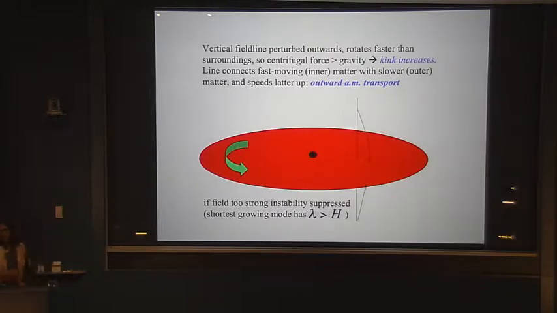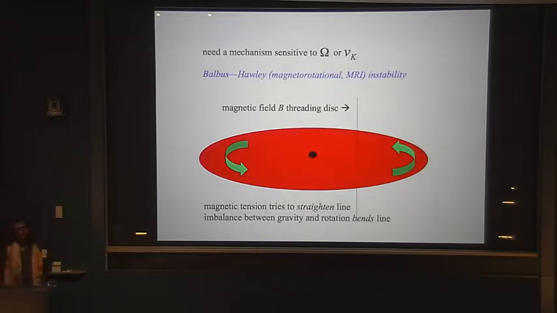And the vertical field line will get perturbed towards the outskirts of the disk, where the centrifugal force exceeds that of gravity. So you get kinkier as you get pulled out. And then the field will reconnect with the fast-moving inner matter, with the slower outer matter. And so you have a mechanism in which the changing geometry of the field lines can effectively transport angular momentum out. And so this sets up this instability that is called the MRI instability that Balbus and Hawley came up with,